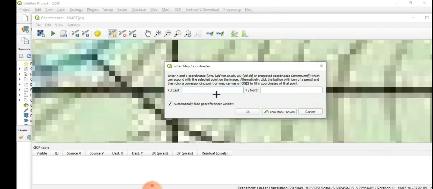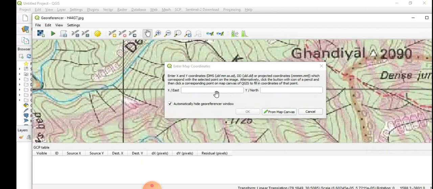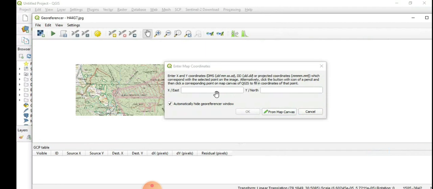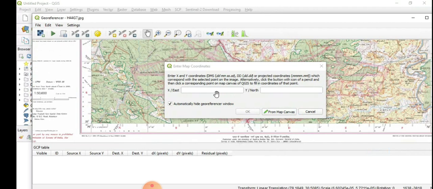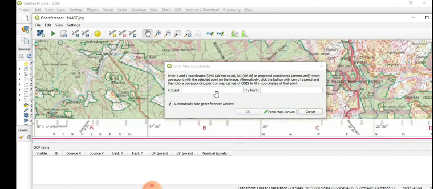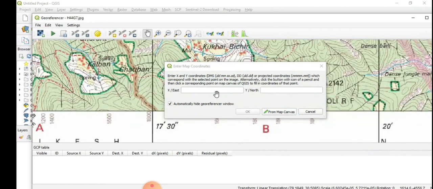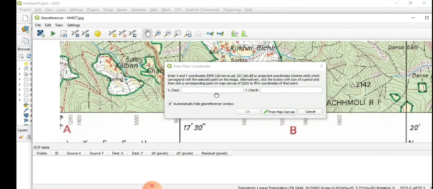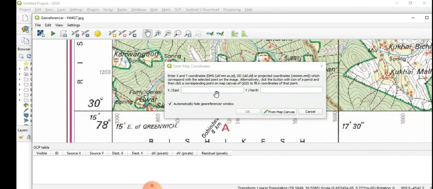If I zoom this out, just select this pan option. I need to identify what exact coordinate it was. For the x coordinate, I can see this is 17 minutes 30 seconds, and in degrees it was 78 degrees. So 78, then enter a space, then 17, again hit space bar, and 30.